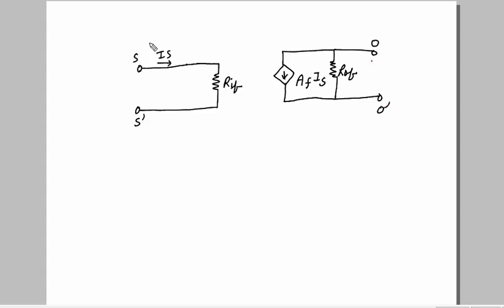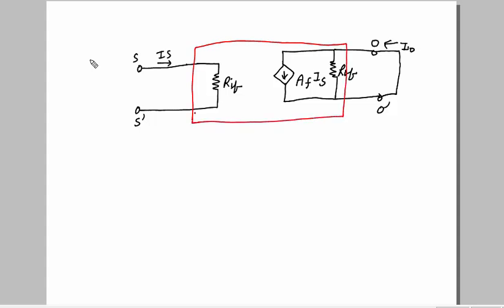O dash, and since it's a current source, so we are going to have a short circuit equivalence whose value here is I naught. Okay, so this is the equivalent circuit of the feedback amplifier. Okay, here AF is the short circuit current gain, RIF is the input resistance with feedback, and ROF is the output resistance with feedback.